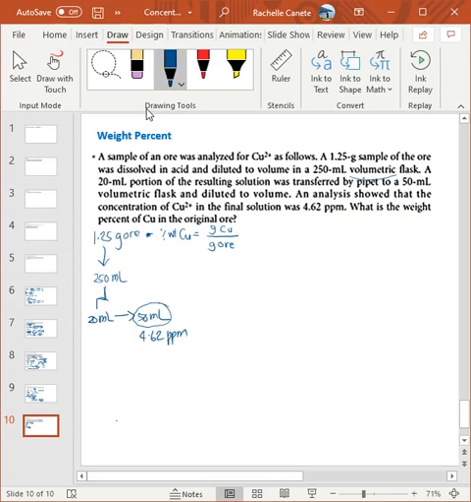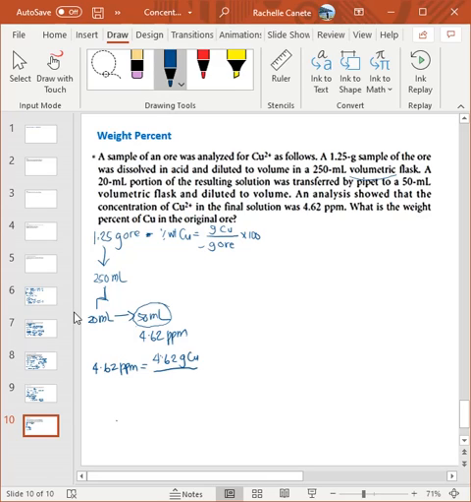Because the ore is our original sample. So, times 100. We know the mass of ore. That means we only need to find the mass of the copper present in the ore, given this. So, of course, we start with what is given, which is 4.62 ppm. And by definition, we know that that's 4.62. It means we have 4.62 grams of copper